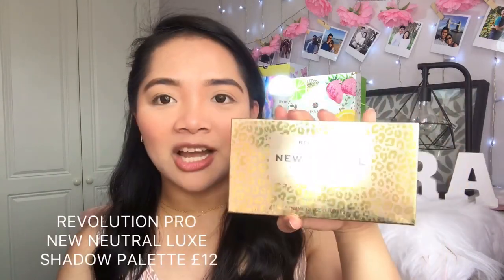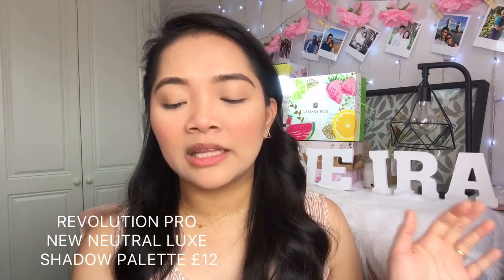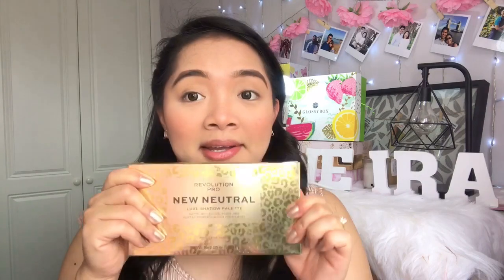So for the eyeshadow, I'm really excited with this one, and it is the new Neutral Luxe Shadow Palette, and it has matte, reflective, pearl, and glitter pigments and one cream base. And of course, the packaging is amazing. It is amazing. And here is how it looks. I love the packaging, and it is very heavy, very heavy. It feels like you're holding a high-end